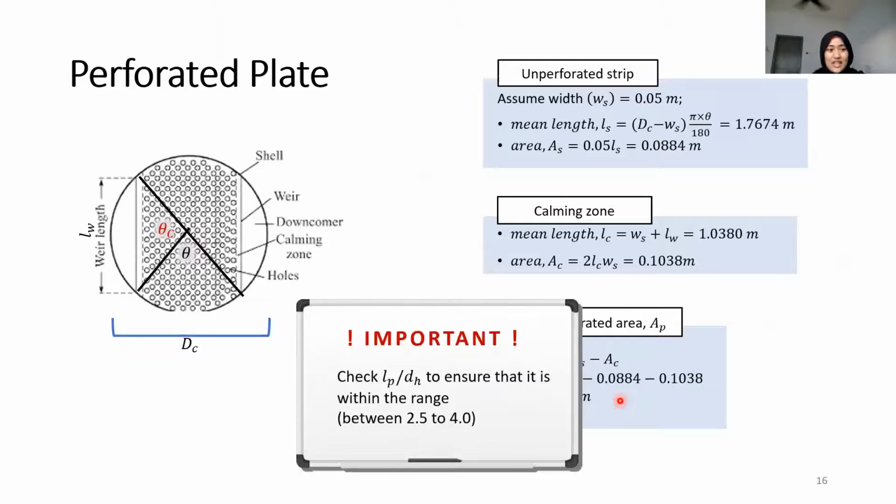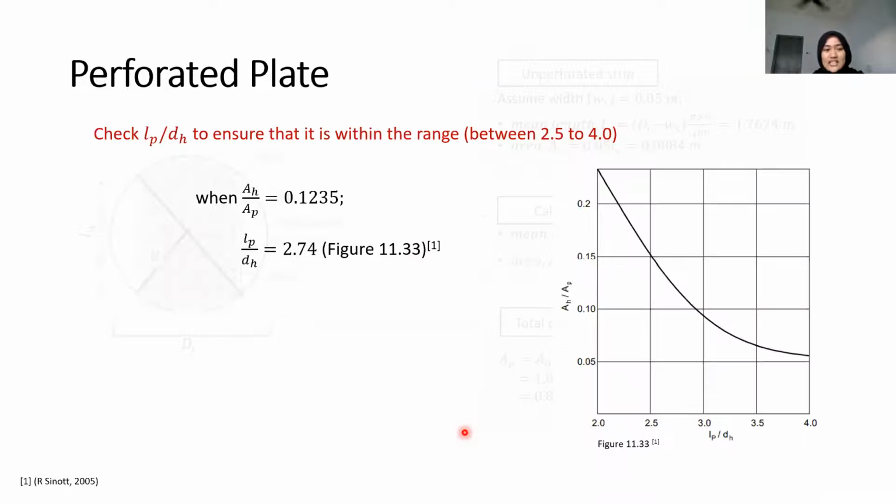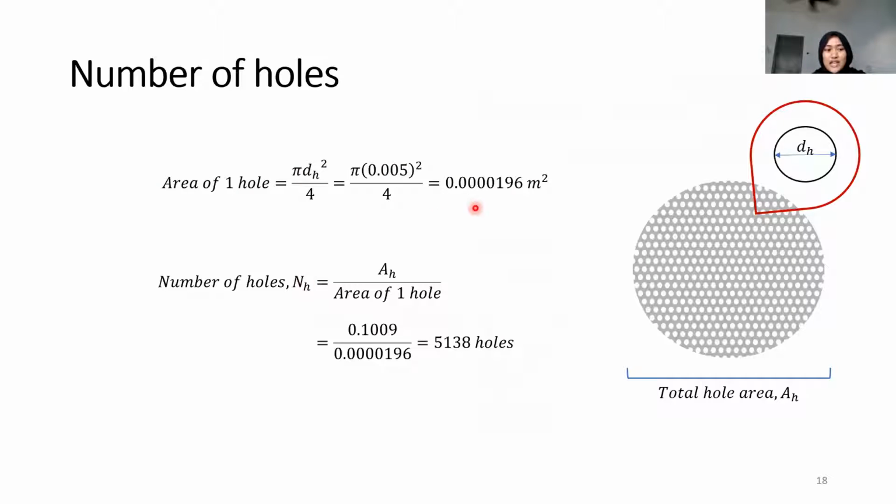Next. To check that the design is acceptable, the ratio between pitch length and hole diameter should be within this range. Next. So by substituting the hole and pitch area values and finding the intersection in the figure on the right, the design is acceptable due to the ratio being in between range. Next. The number of holes in the plate can be determined by dividing the total hole area by the area of one hole to get a total of